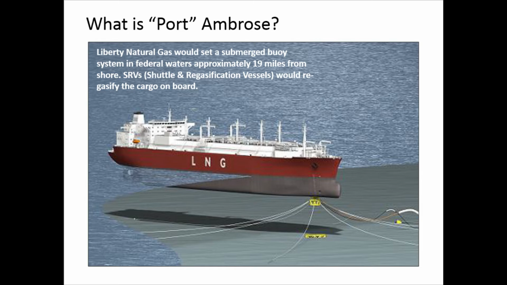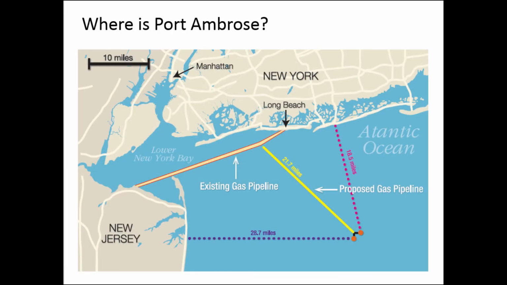Port Ambrose, this is just an image of what one of the LNG tanks looks like. On the bottom floor, there'll be hoses that come out and ships that will come up and fill up here. When the ships aren't connected to it, these hoses will be free blowing all over the place. So there will be no possibility for marine life or plant life to exist there. It will just completely destroy our ocean. If you see, it's in New Jersey and also New York waters.